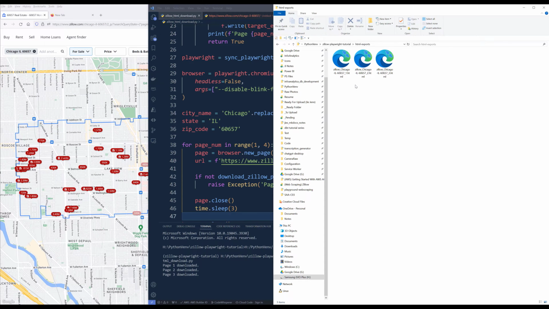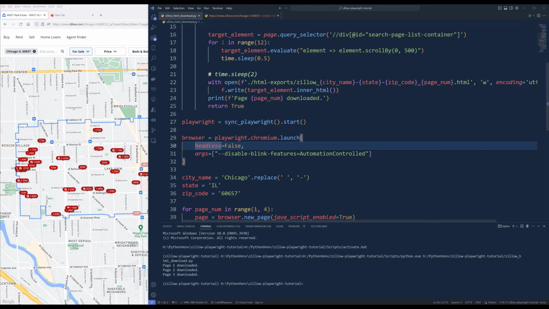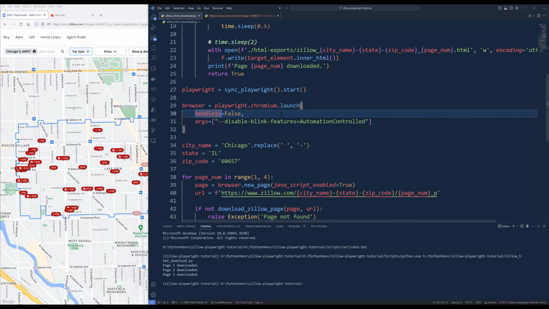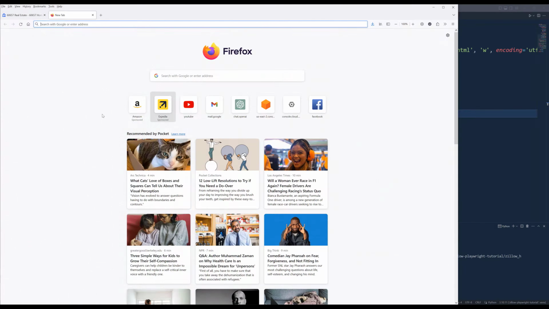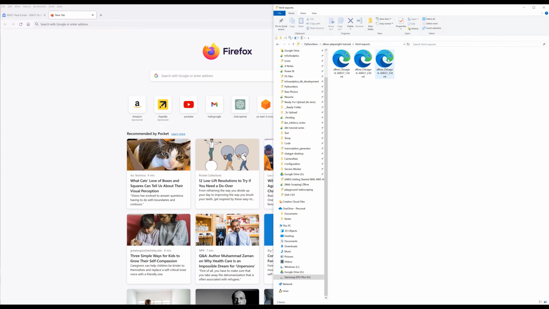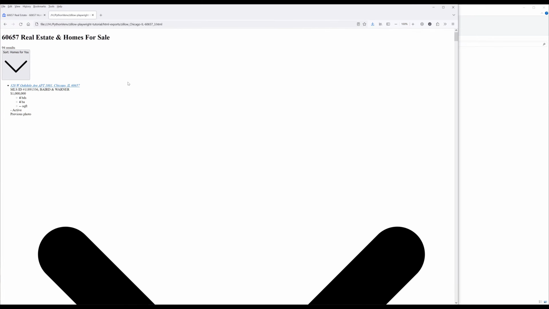Now, because page 3 does not have as many listings as page 1 and page 2, the function here is going to just keep continuing to scroll the page, even though there's nothing left to scroll. But that does not impact what I want to do here, which is to download the HTML pages for the listings. Now, if I take one of the files and take a look,